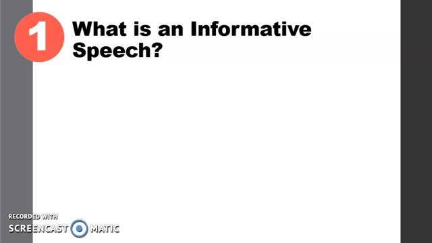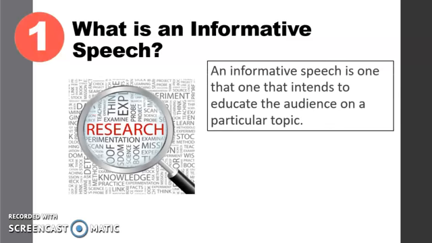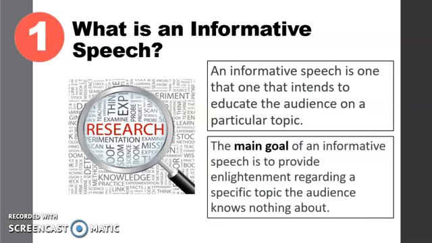Defining an informative speech. It means that an informative speech is one that intends to educate the audience on a particular topic. The main goal of an informative speech is to provide enlightenment regarding a specific topic the audience knows nothing about. This type of speech uses descriptions, demonstrations, vivid detail, and definitions to explain a subject, person, or a place the audience wants to understand. Basically, an informative speech makes a complex topic easy to understand or offers a different point